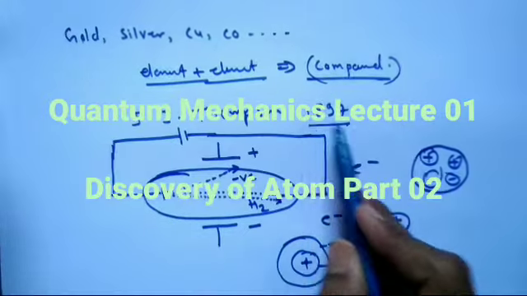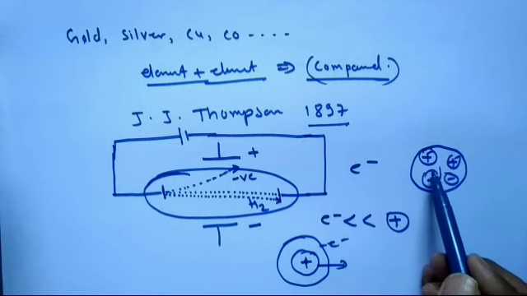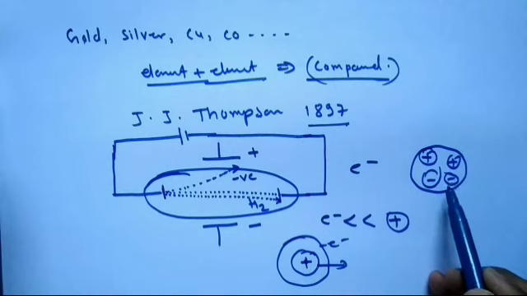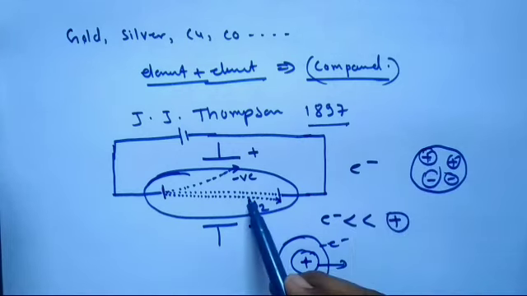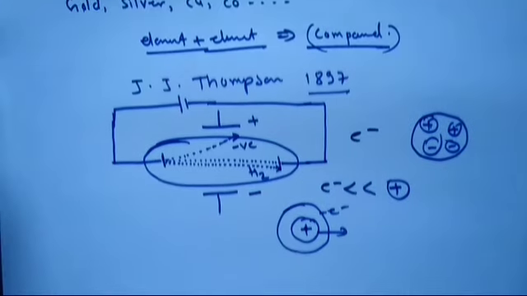In this era of 1897, people only knew the atom as nothing but a dough of positive and negative charges, and that the positive charge is heavier than the negative charge, after performing this experiment. Now the story moves